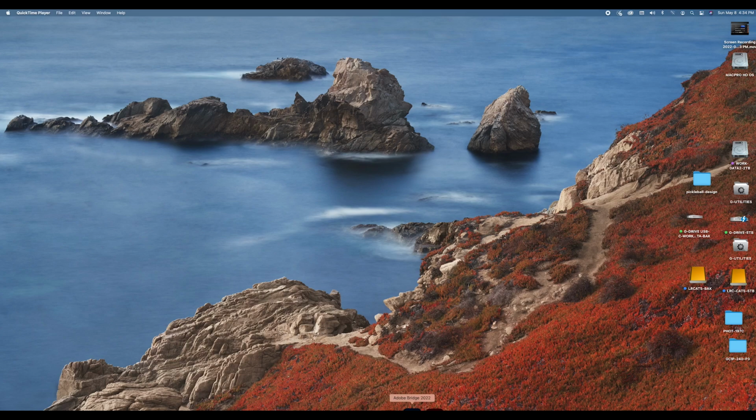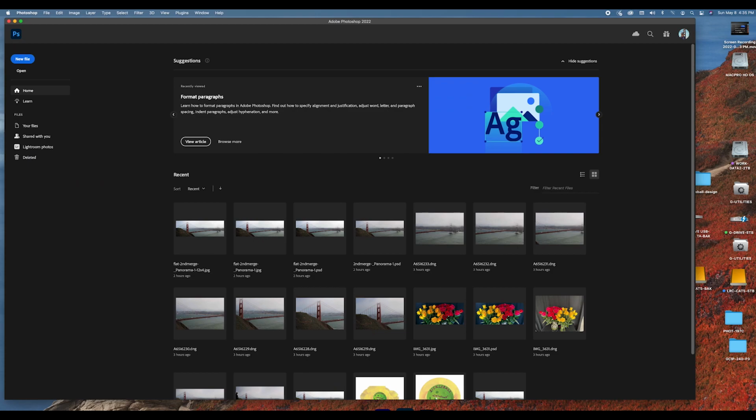shoot panoramas using a Canon 1DX Mark III with a 70 to 200 or 16 to 35 or 24 to 70 f2.8L lens. So to start, I have Photoshop open. I just need to double click and reactivate it so it's visible. So here goes. So to begin, I would go File,